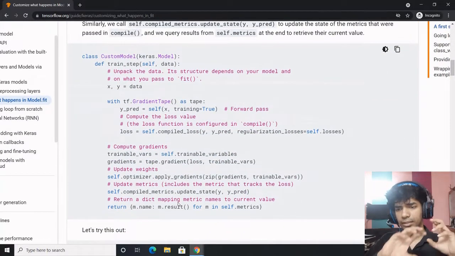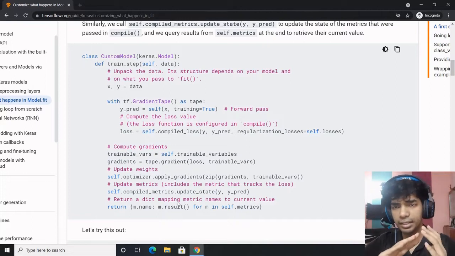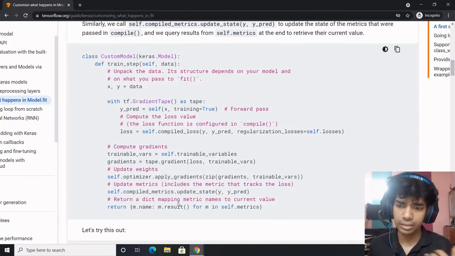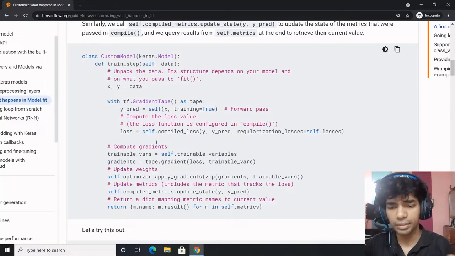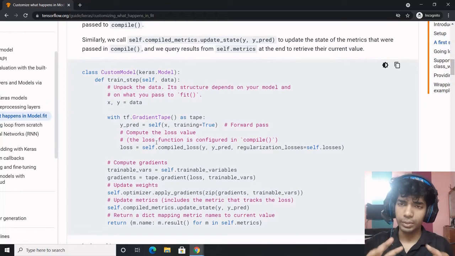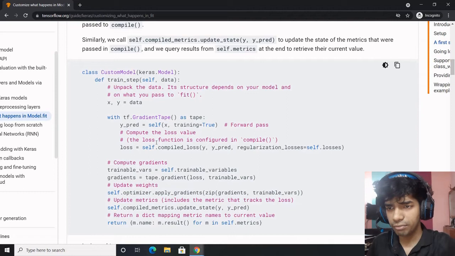Three steps: do a forward pass, calculate the gradients, and back propagate it. While you back propagate it, you do the update of the states. Update the states, update the metrics. So the first example would be complicated because we'll be using what is already defined. We'll be getting into what exactly is model.fit, but we won't be actually customizing it to a great extent.